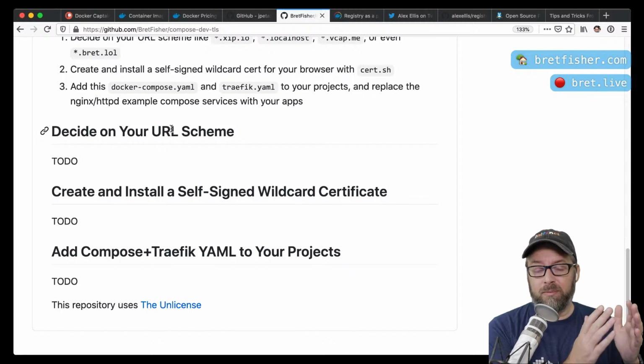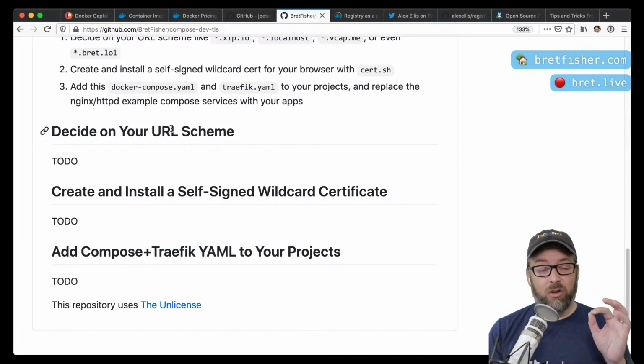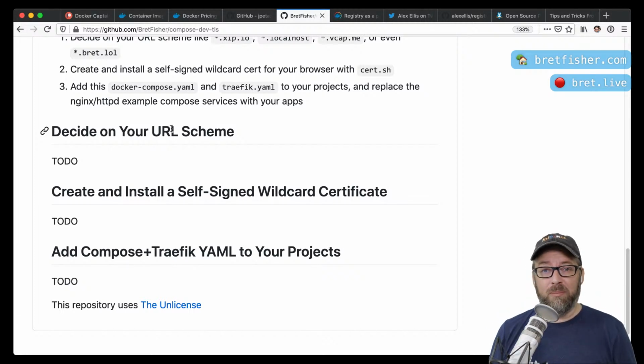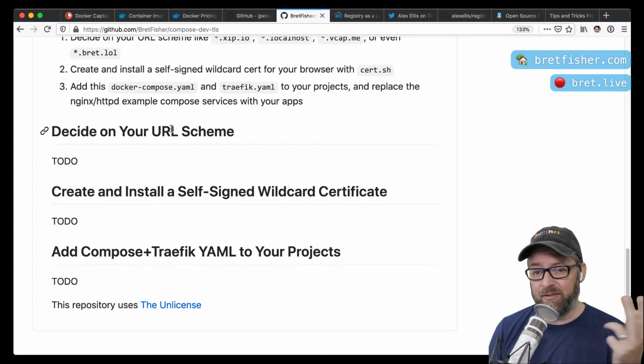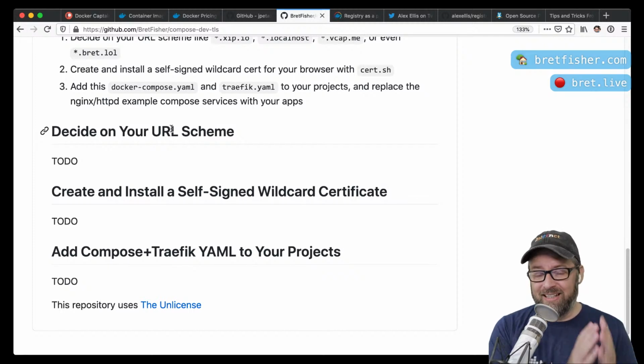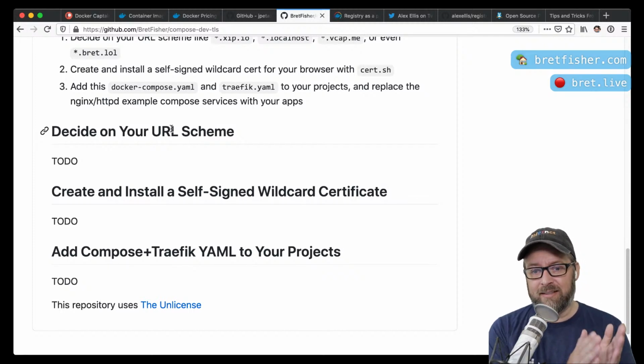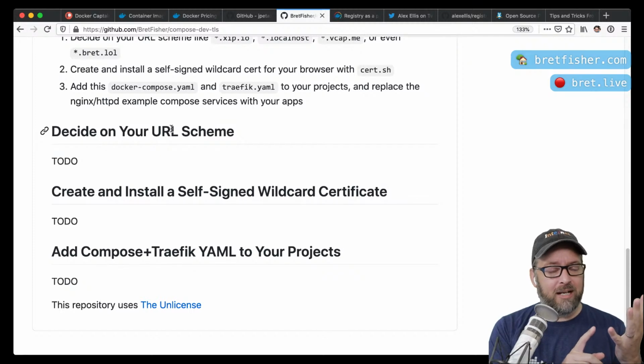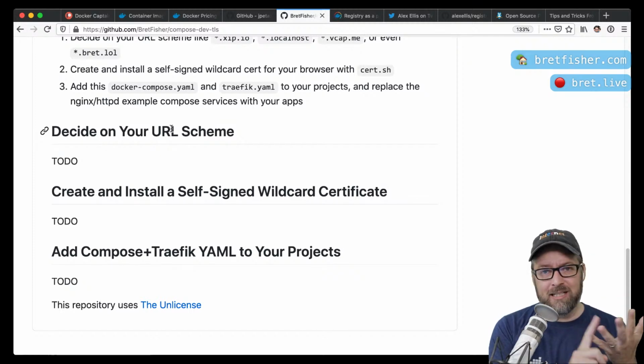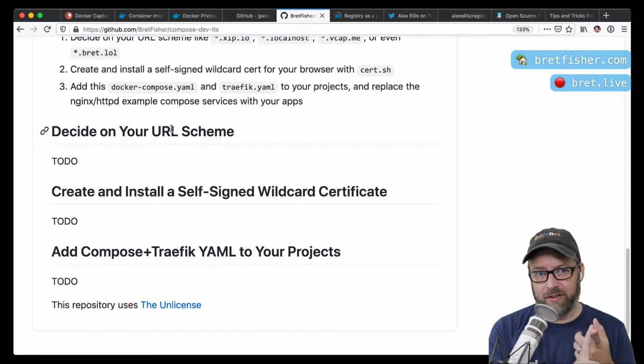To implement this is a little bit of work, but once you've got it implemented, you're basically going to copy 2 files to every one of your projects, and you have an instant local proxy TLS setup that will allow you to have many different containers with many different DNS names, all running on your local host, all with a trusted certificate. All right, and all on the same port, and I love that.